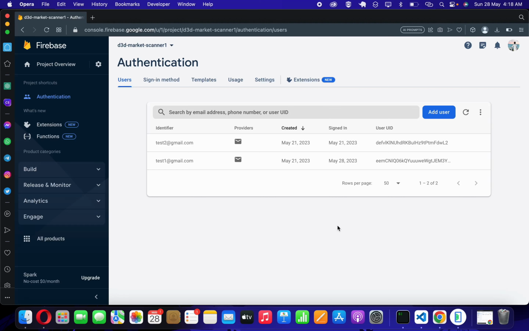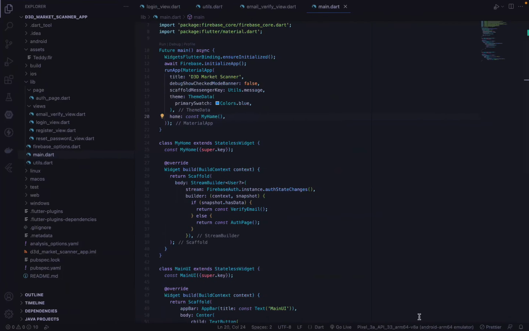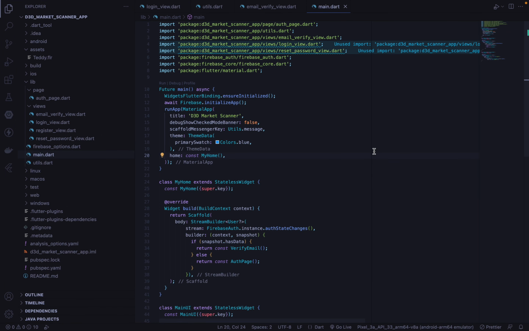To present you the features we have done till the milestone 1 for the Orbital 2023, and we are D3DSEC. Our project name is D3D Market Scanner, and we have been working on the project for the last 2 or 3 weeks, and here are our updates. We have completed the Flutter setup, and we have also created the user authentication UI and all the backend part, the database part, using Firebase, as you can see